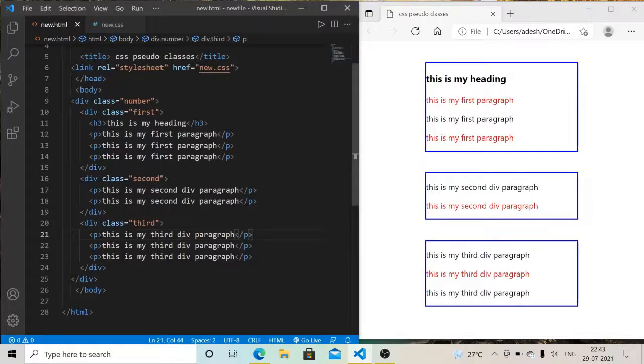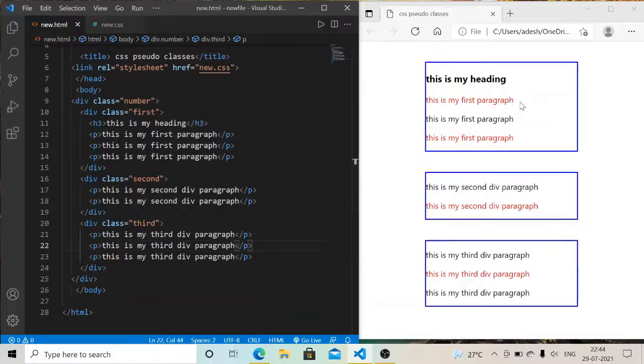So for the first parent element the second child is a paragraph, then it will turn red, and the fourth child is also a paragraph, then it will turn red. Inside the second parent element the second child is a paragraph, then it will turn red, and inside the third element the second child is a paragraph, then it will turn red.